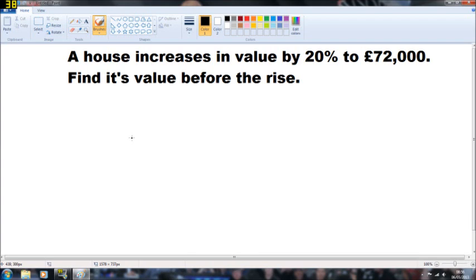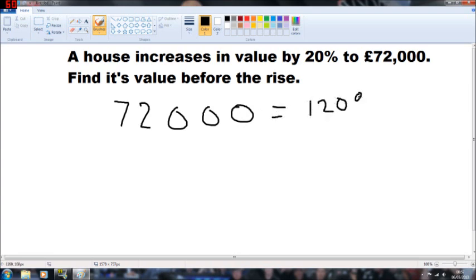So question type 3, basically it says a house increases in value by 20% to 72,000 pounds. Find its value before the rise. And this is actually one of the easiest. So you would put down the 72,000 pounds, and that equals 120%, right? Because before this it used to be 100%, and we're going to try and find what that 100% was. So you would divide this by 120,